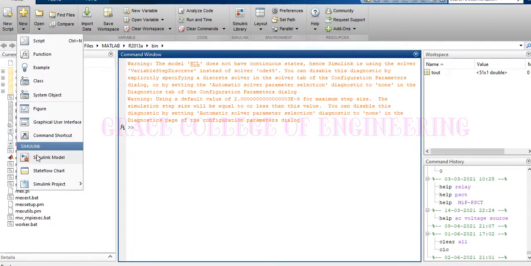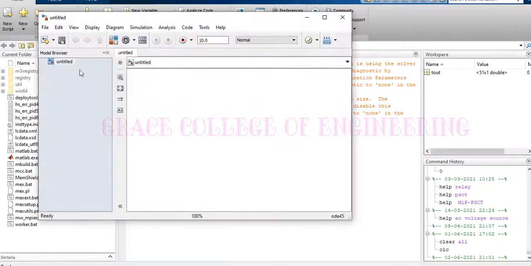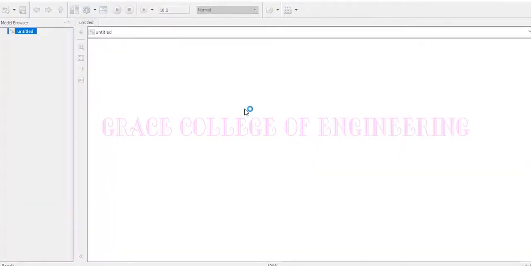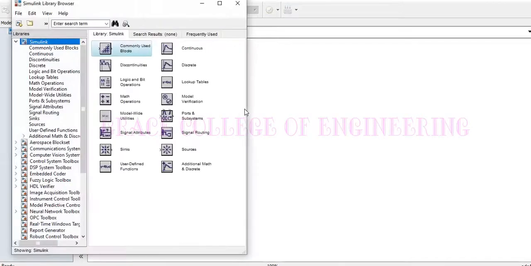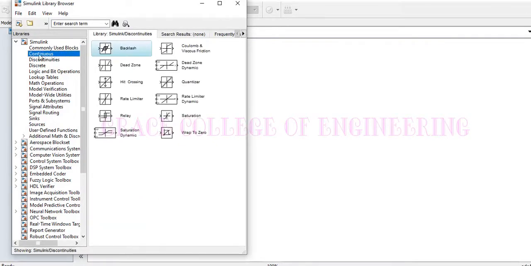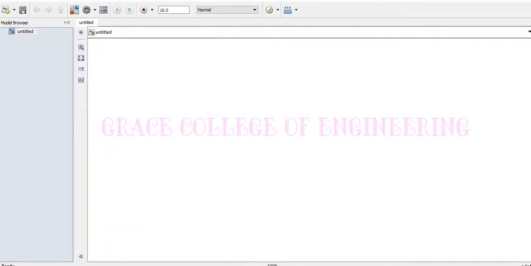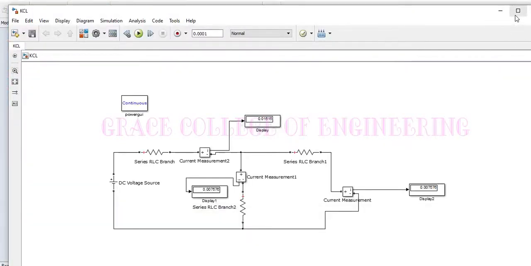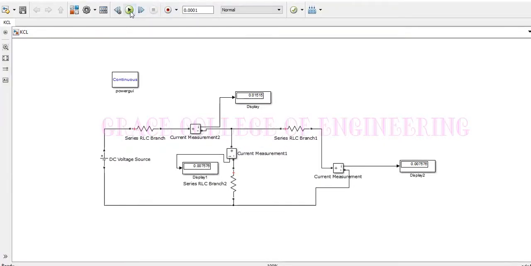Here we have to click new simulation model, and here we can see the library browser like this, and from the library browser we have to select the blocks which we want to use, and in this way I have already connected the circuit for KCL, and by running the circuit we can get the output like this.